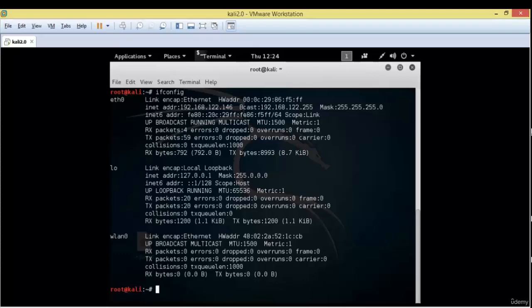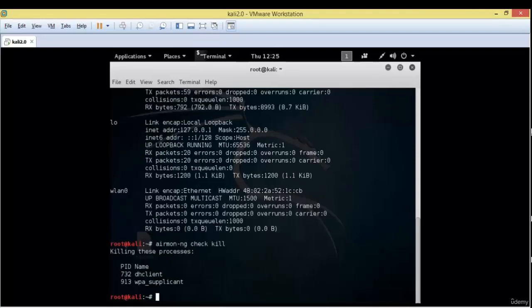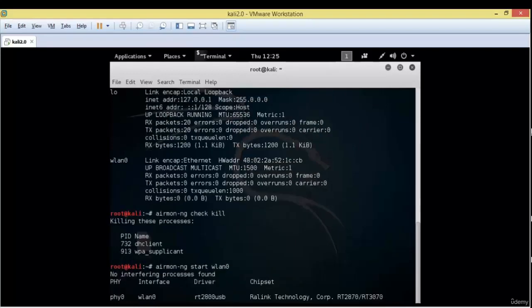So our first command is airmon-ng check kill. Use this command to kill processes that can cause problems in future. Our next command is airmon-ng start wlan0. Use this command to put the wireless interface into monitor mode. Then use